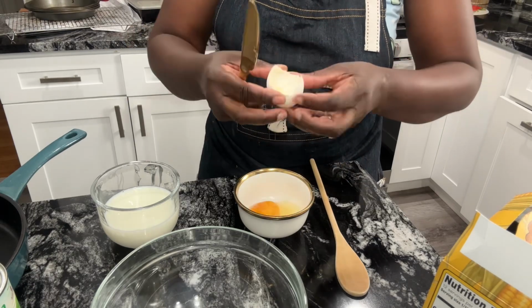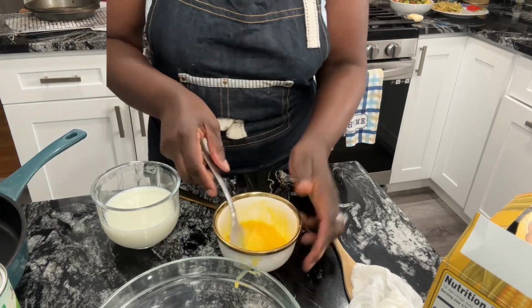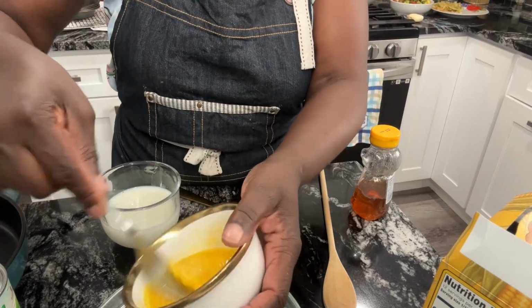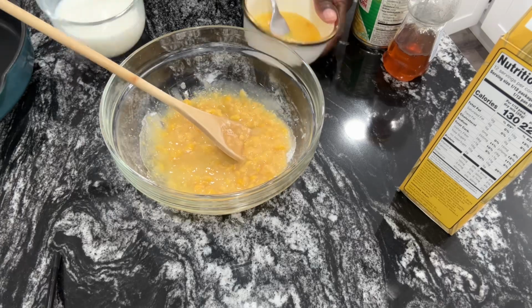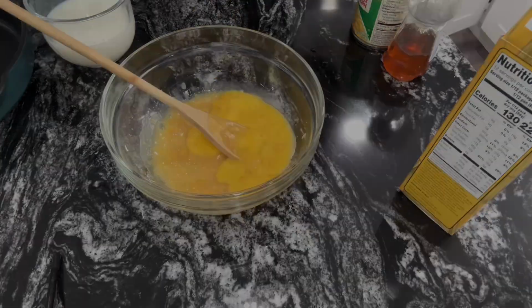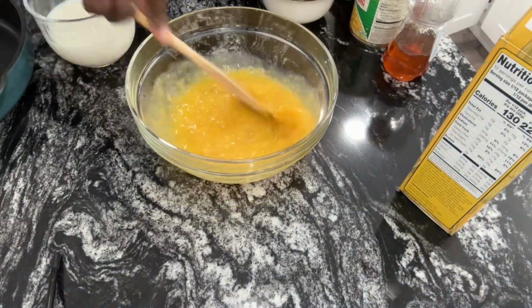I added me an egg and I mixed this, added a little lemon zest to it after beating. I did some warm milk that I will be incorporating in this, and I use some creamy corn in this because that's my business, and a little hint of sugar. Combine all my liquid ingredients together,